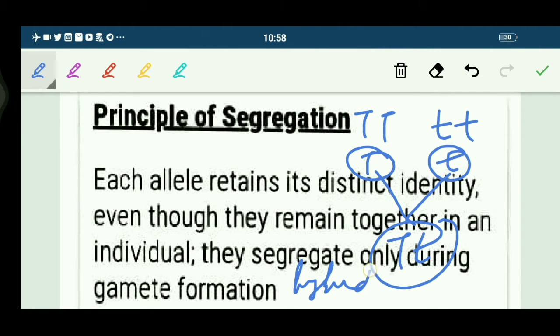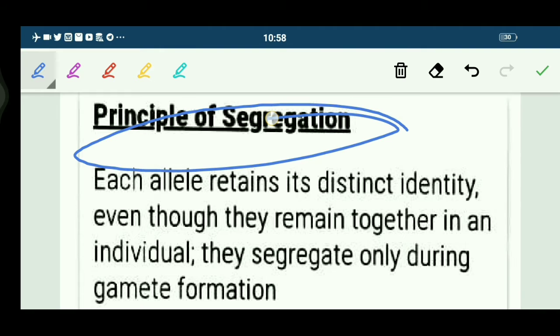So yesterday we had discussed these things. Take care. Here it is showing the law of dominance experiment. Mendel's experiment showing the law of dominance: when he took the tall plant with the short plant, what happens? All the offspring obtained in the F1 generation were tall. Fine. It means that the capital T allele was able to express itself. That is the dominant allele. Fine, children. Now similarly we have the principle of segregation. What is the principle of segregation now?